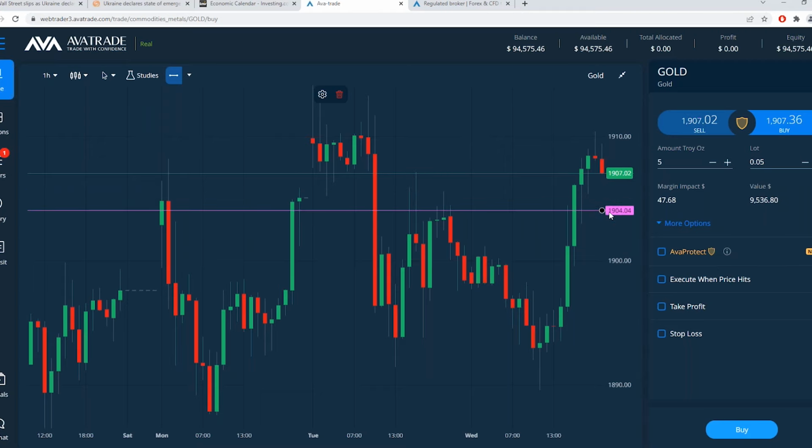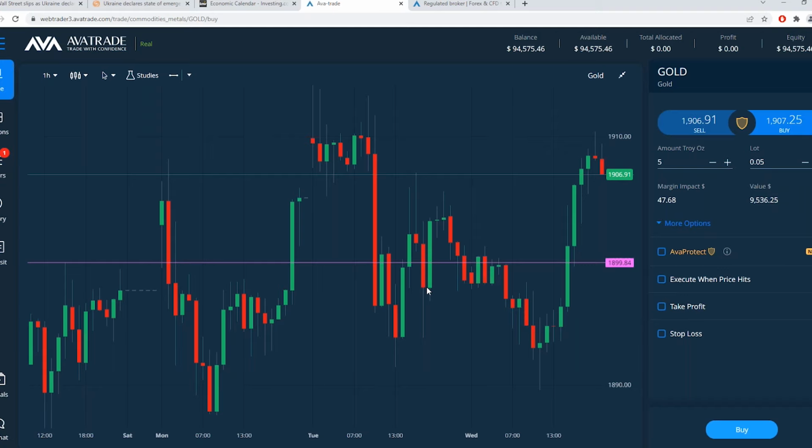As we look down to, say, this is a price here that was old resistance, resistance, resistance, resistance here, some breakthroughs, back down around 1900. So if gold pulls back to 1900, that could be a spot that you're looking to buy from if you're bullish on gold. It's a round number too that could act as support, 1900. It went blowing by it just a few hours back, broke through 1900, and it seems to be trying to pull back down a bit right now.